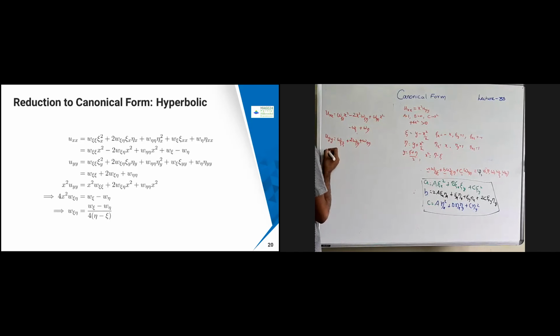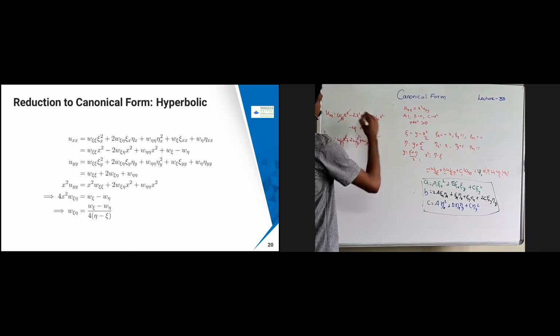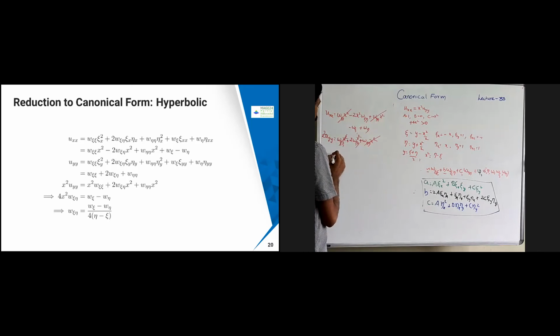So now if I multiply this with x square and find that, then what I am going to get? So I am going to get x square is going to come. So if I just equate these two, okay, so this is going to become an x square is going to come. Here I have x square, and here I have x square, and here I have x square. So these two terms will get cancelled. Okay, only these two are going to remain. So I'm going to get 4 minus 4. Okay, if I just equate that, I can bring it over to the other side. Okay, so I can write 4w chi eta into x square is going to become w eta minus w chi minus w eta. Okay, I'm just going to bring it on the other side.